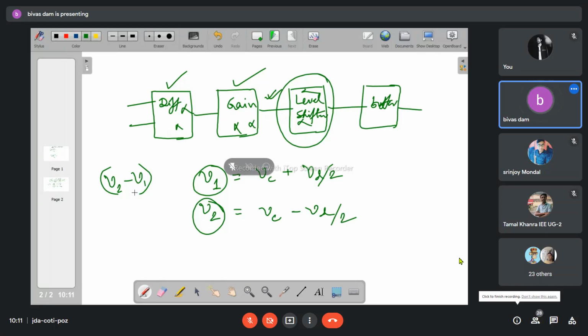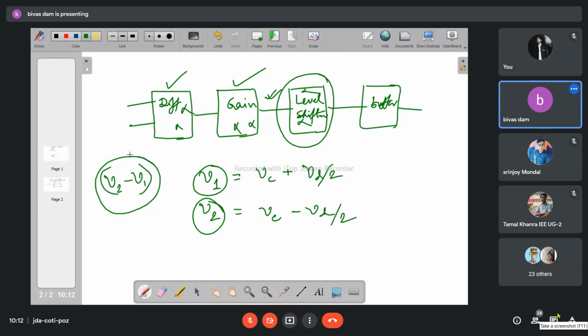The ratio must be infinitely large. But speaking of this difference amplifier, if it is not ideal, it may to some extent amplify the common mode part also. That means it cannot produce exactly V2 minus V1. So as it cannot produce exactly V2 minus V1, the common mode part is also getting amplified. That amplified common mode part at the output, our intention is to minimize it